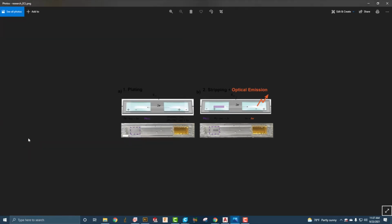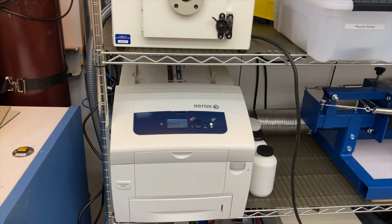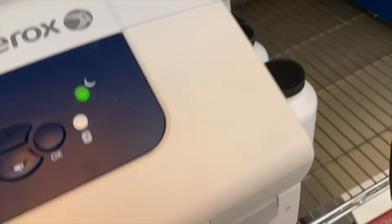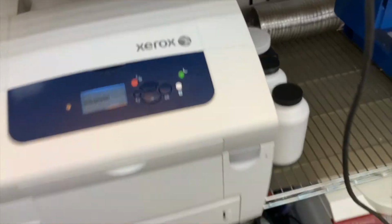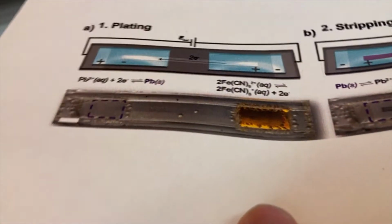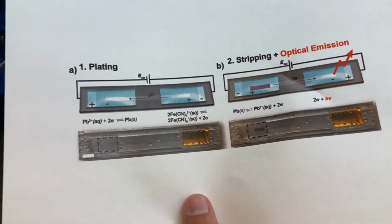Any computer that's on the Ethernet and on the lab Wi-Fi can connect to it, and I'll walk you over to the printer and show you what happens from there. Okay, so now that we've printed, we can just grab this off the printer. Got our very shiny, high-resolution wax print here, and from here we can put this on the hot plate if